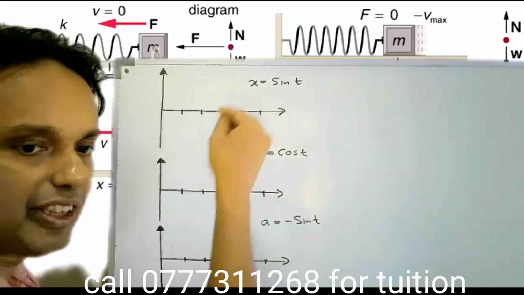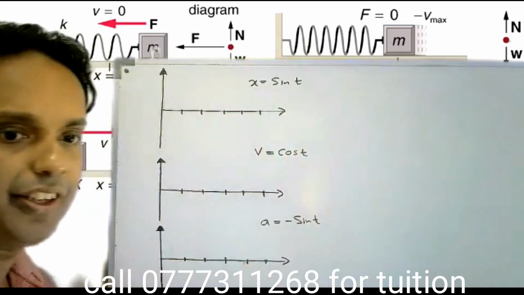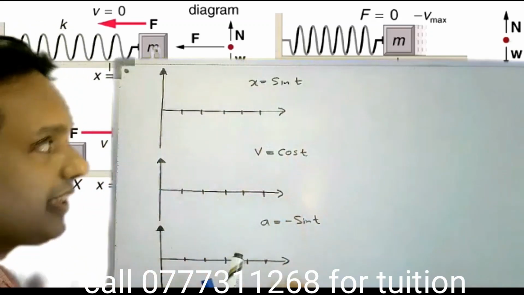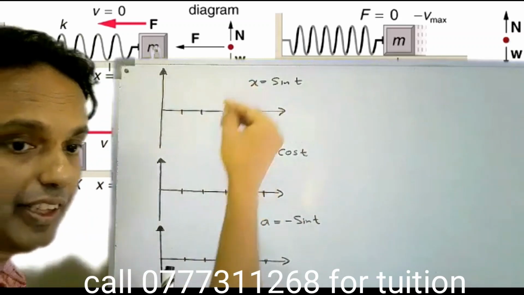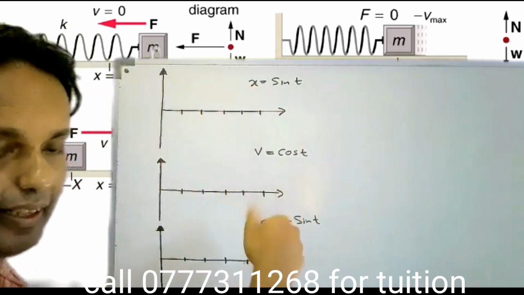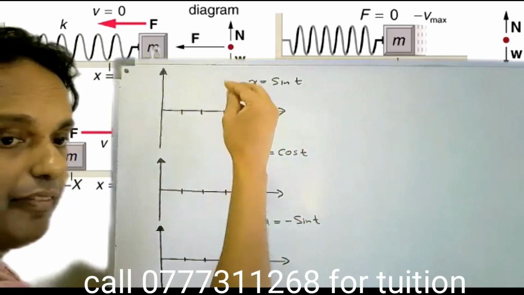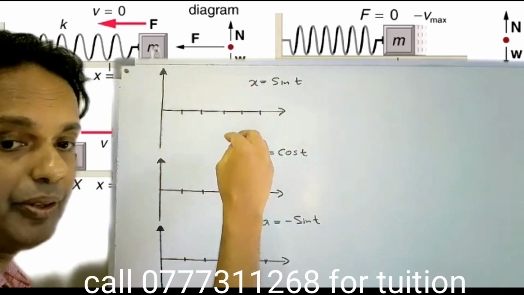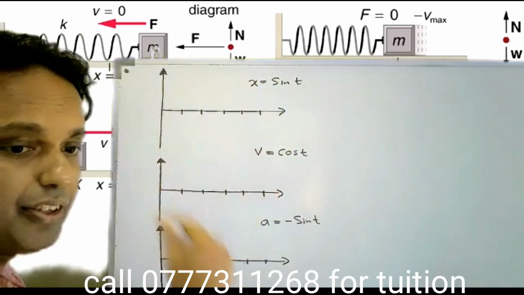Okay. If the initial curve is given in physics, in physics we are not checking your differentiation skills. When the first graph is given, you must be able to get the other two graphs. It can be anything. They can give the velocity, you must be able to get acceleration and displacement. When they give displacement, you must be able to get velocity and acceleration. It's a piece of cake.